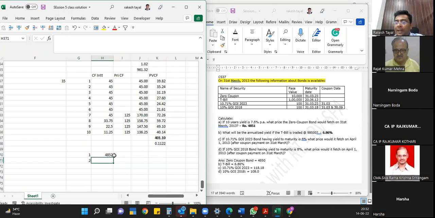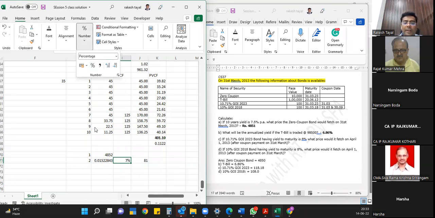What will be the annualized yield of T bill if traded at 98,500? ये सुबह किया था हमने सवाल। So it is how many days? Number of days. तो 1500 रुपए इंटरेस्ट है 98,500 पे, राइट। दिस इज फॉर 81 days, मल्टीप्लाई बाय 365 डिवाइड बाय 81, 6.86%।